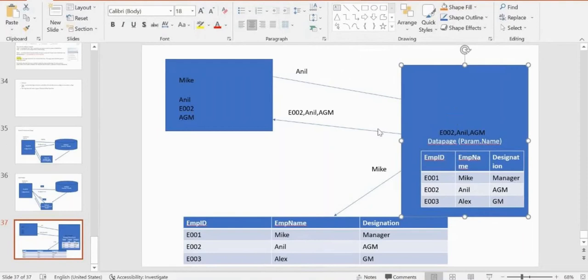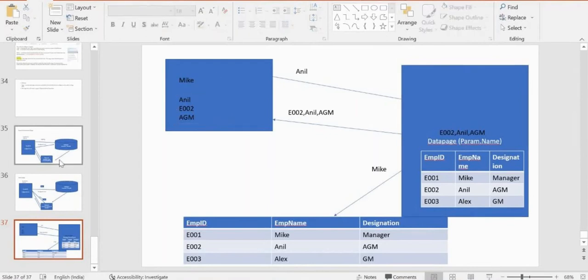It checks with the key and gives the data to your application. So the advantage here is that hitting the database is reduced, so the performance will increase when you use a keyed data page.